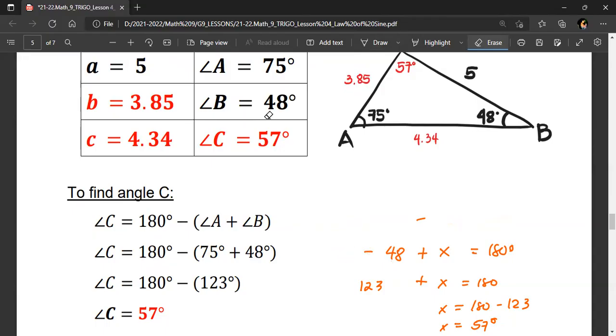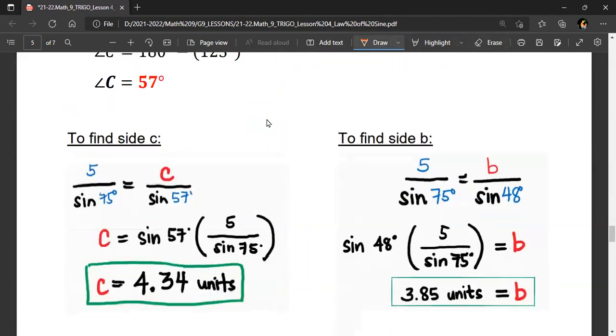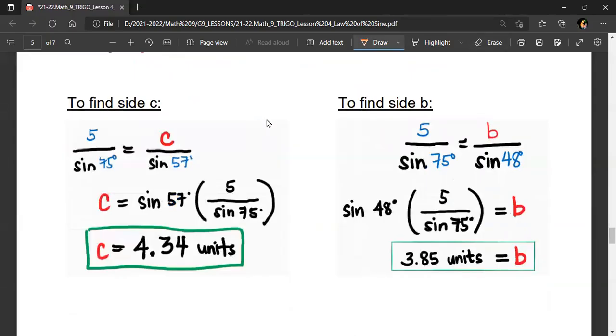And then moreover, since we have already computed the angle C this time, the missing parts of this oblique triangle are the sides C and B, or B and C. To compute again for the sides B and C, we will be using the sine law. To find the side C or either the side B, it depends on you whichever you want to start to solve with. So in my case, I'd like to find the measurement of the side C.